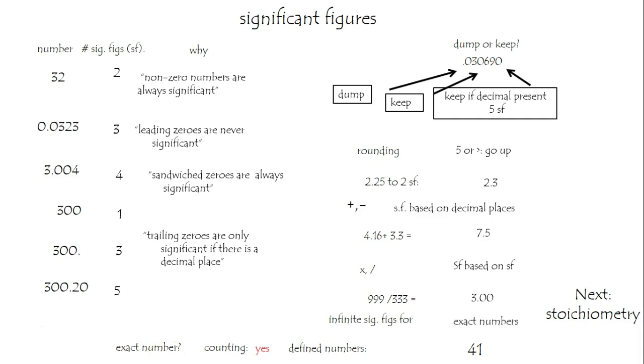There are an infinite number of significant figures when you're dealing with an exact number, such as 12 inches is a foot. For counting, if you're counting things, we would not say I counted 3 people, but I only have one significant figure. It's infinite. You know it's right. And defined numbers, 2.54 centimeters is an inch, absolutely. And so these are considered to have an infinite number of significant figures. Oftentimes you will have combinations of effects and you apply each rule individually.